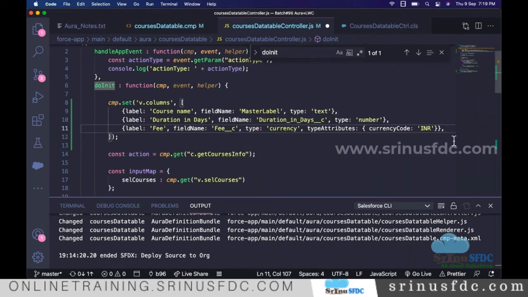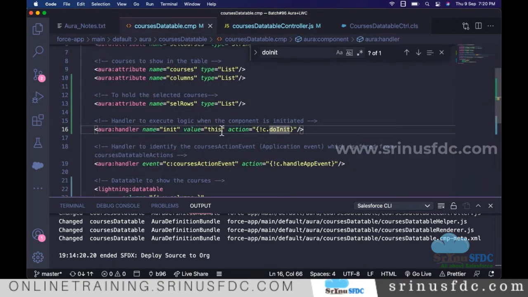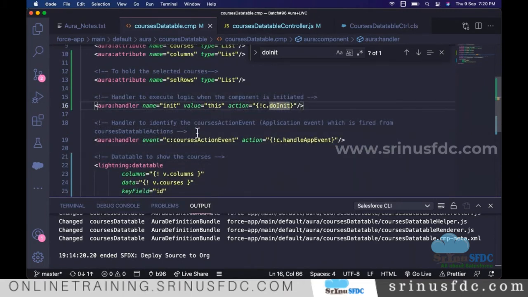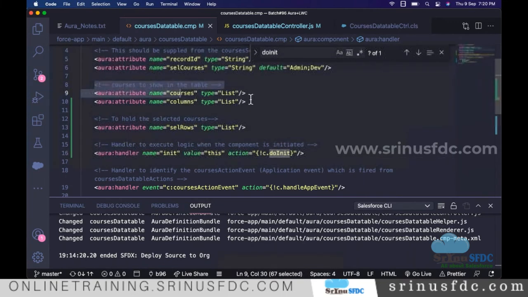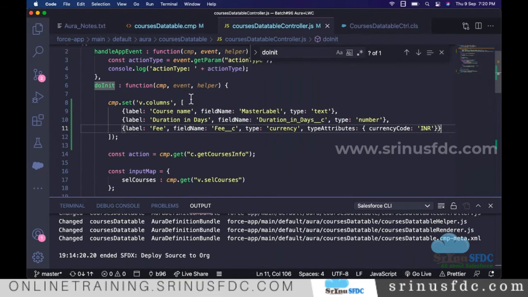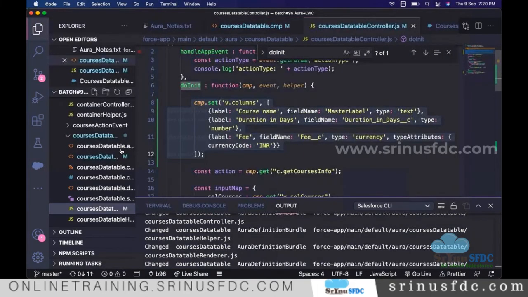So only these columns. We have to maintain this format. Somehow previously we did not maintain it, that's why we did not see anything. Now we have the data which is queried from the database, and also we have the columns on init. We are storing all this. And now when you save,